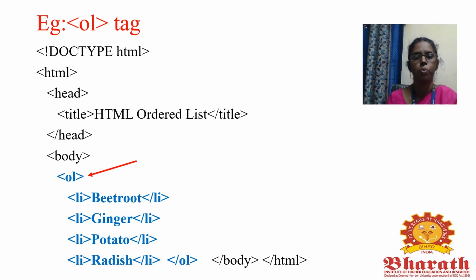First we have to save this program. So we have to type this program in HTML, save this program as HTML. We have to type this program in a text editor. Then if you run this HTML program in a web browser, the output will be